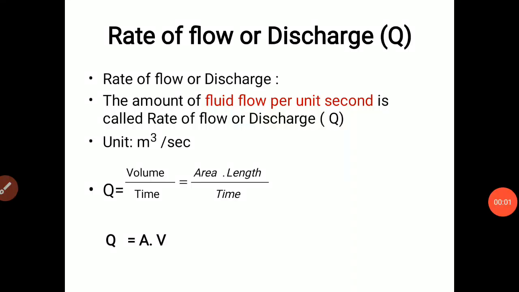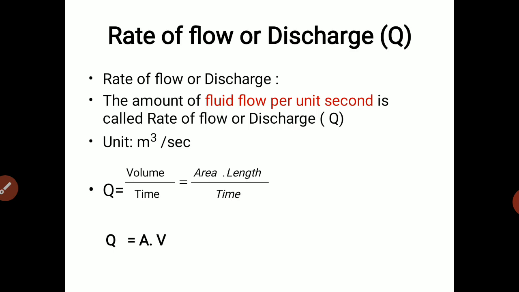Hello students, I am Professor Priya Kulkarni and here we will continue our second unit, that is fluid kinematics. In the previous unit we have studied the types of flow and how to describe the nature of flow or fluid particles. So that part we have studied in the first unit.